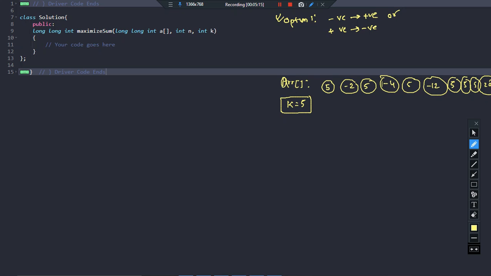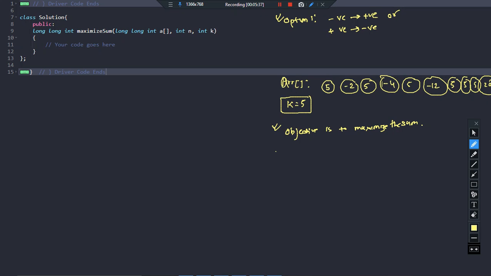Now please focus on the problem statement. Our objective is to maximize the sum, right? And we know that there are negative numbers as well as positive numbers in the array, and we can either make a negative number positive or a positive number negative.